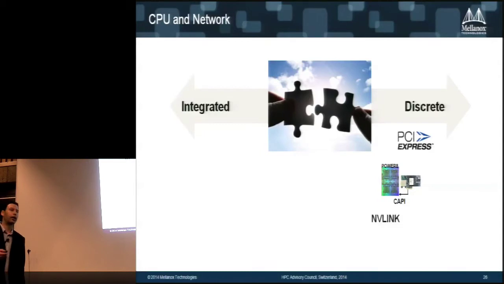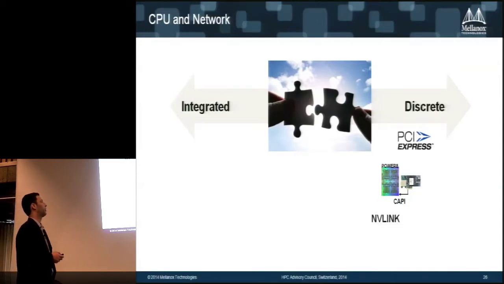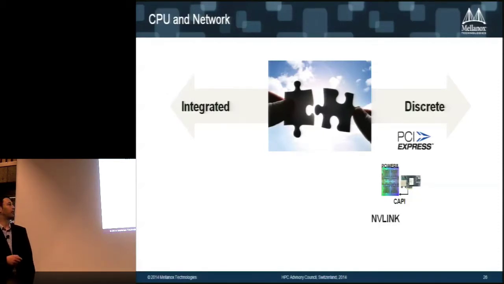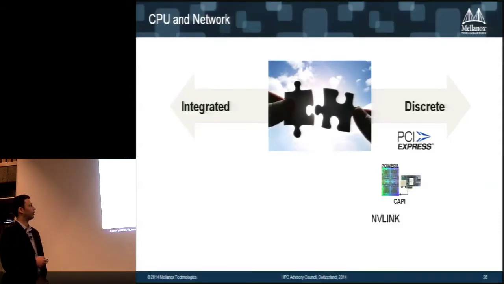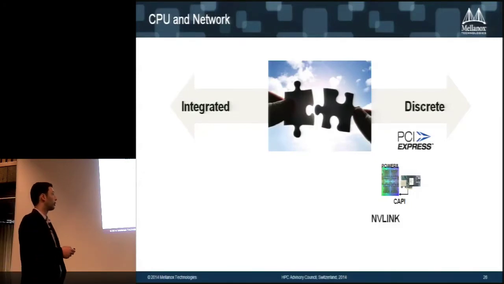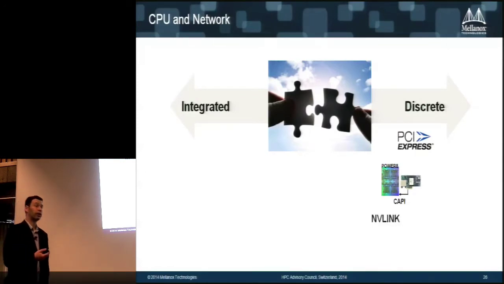I'll try just to highlight a few things that could be interesting here. If you look at the discrete world, we are already hearing about PCI Express, that everybody knows here, but we've been talking about extensions or new alternatives that preserve some semantics of PCI Express to some extent, but give some more goodies. Things like CAPI in the Power world, and NVLink, which was presented by NVIDIA, to get more and more bandwidth and performance. So this can give discrete components, discrete integration, more benefits.